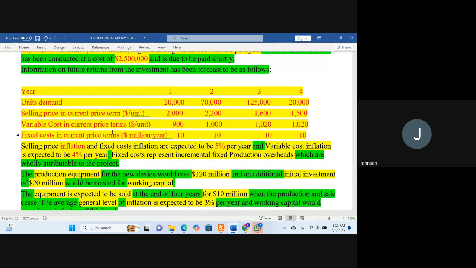Then also remember I told us that when you have cost of capital that has not been inflated, you need to also have cash flows that have not been inflated. But if you have a cost of capital that has been inflated, check your cash flows also. You need to also inflate it. So in this kind of question now, since they are giving us a cash flow that has different inflation rates,